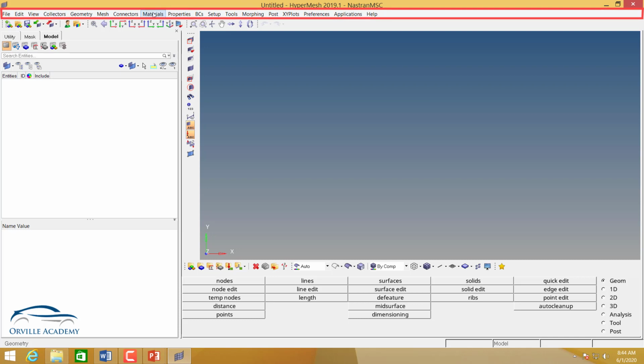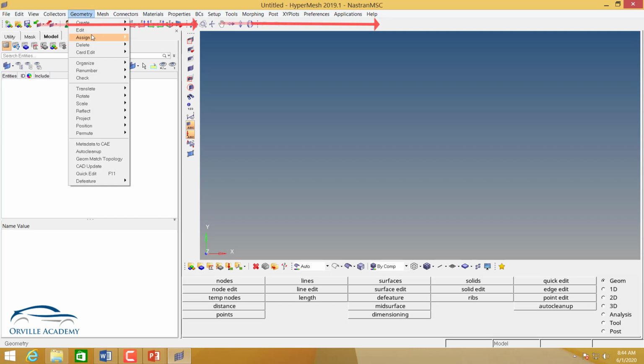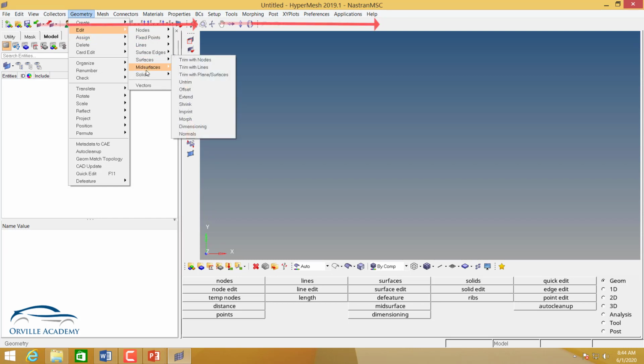Now the second thing we have is the menu bar. Observe the menu bar, we have file, edit, view and collector. After that, everything is arranged in the order in which you are going to create your model. For example, the first thing that we do is pre-processing, that means we import the geometry. So first we have geometry. After the geometry there are some options regarding the cleaning of geometry. So you can go for surfaces, you can go for mid surfaces. There are multiple options to do that.